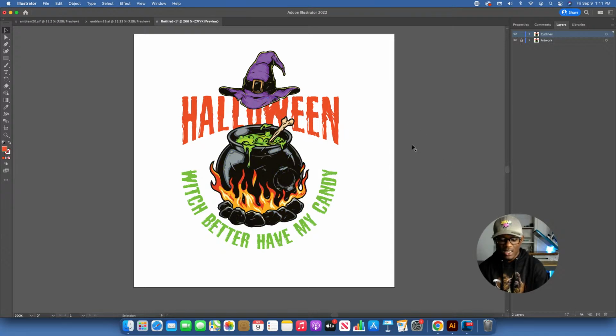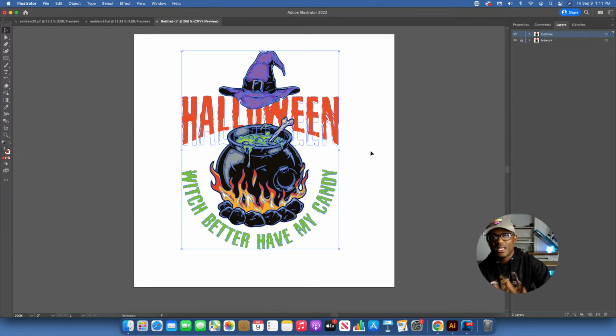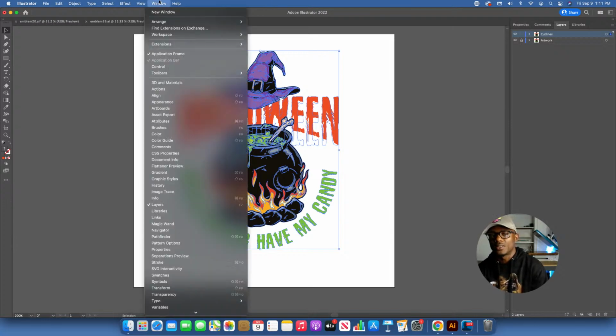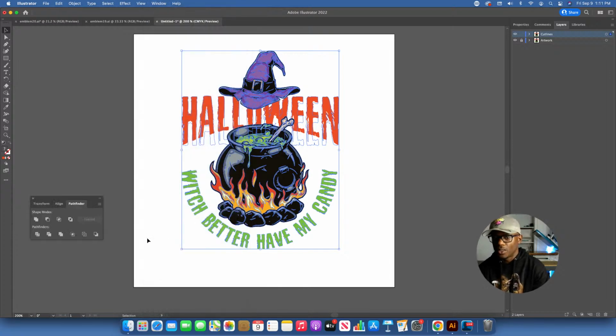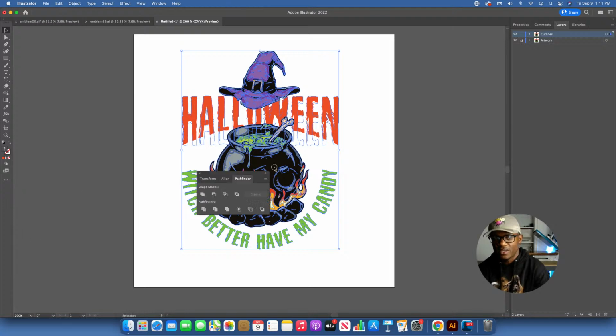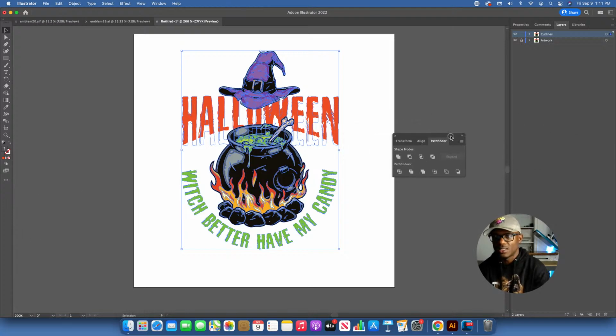Okay, so boom, let's do this. We're now onto our cut line. We're gonna select all on this thing here. Make sure everything is selected. Next thing we want to do now, we want to unite all of these into one shape. So to do that, we got to open up our Pathfinder window. So if you don't have it open, you go to Windows up top, go to Pathfinder. Okay, Windows and Pathfinder, and your Pathfinder menu is going to look just like this.